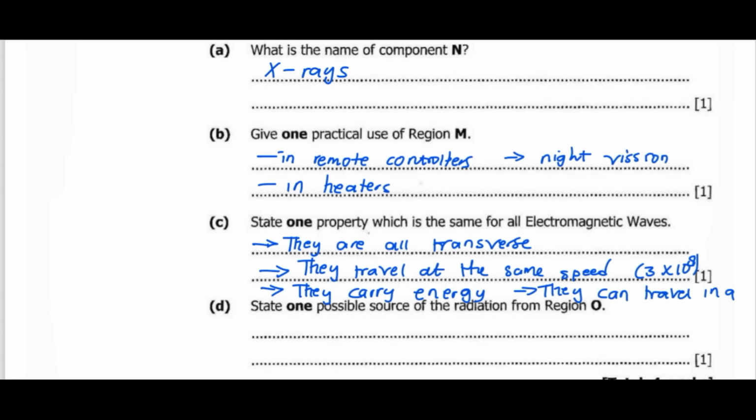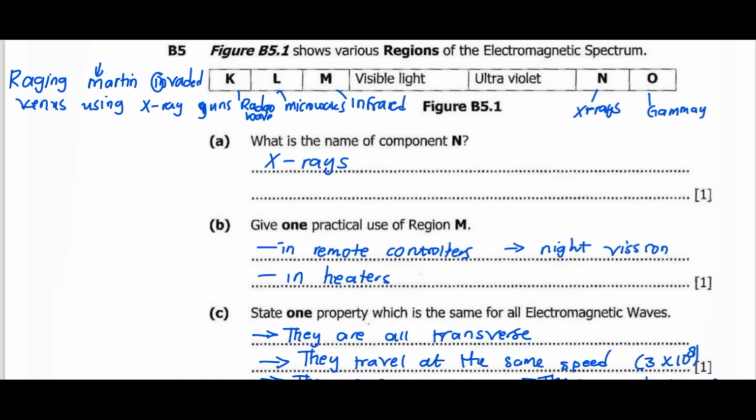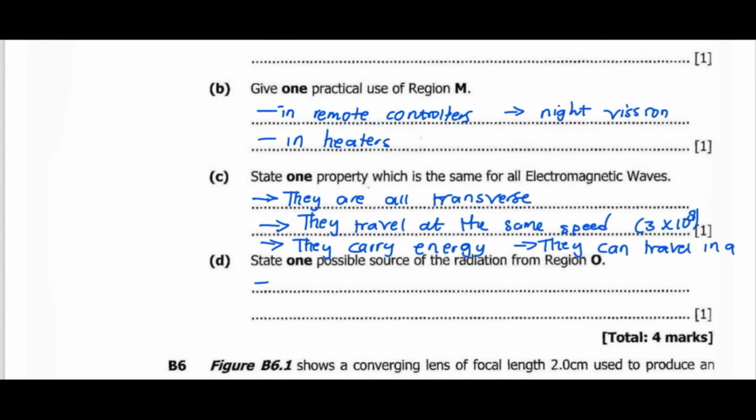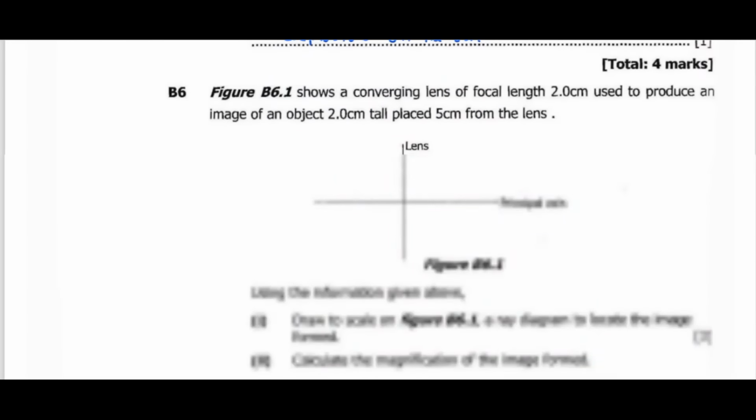Then state one possible source of the radiation from region O. We said it's gamma. So the source is the first one, nuclear reactions. Then also explosions on the sun. Then let's go to question